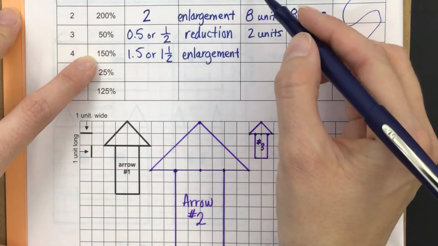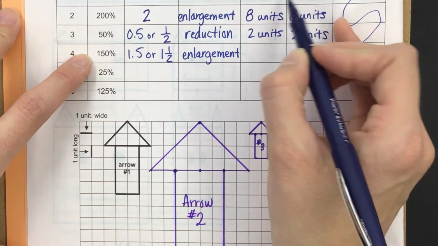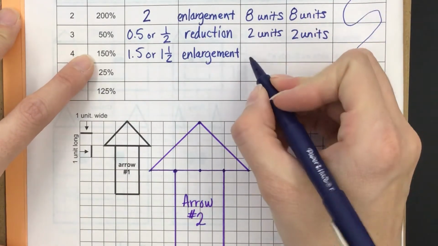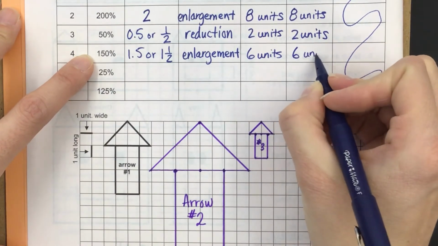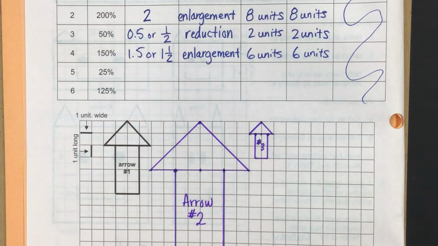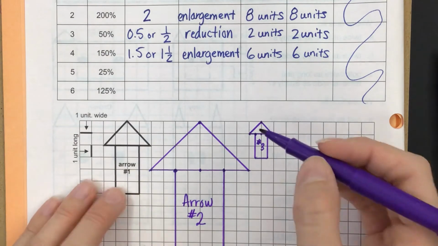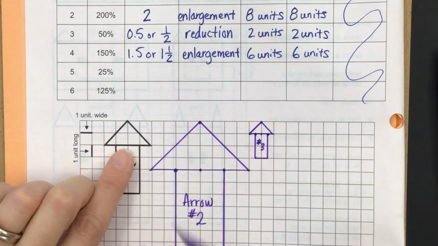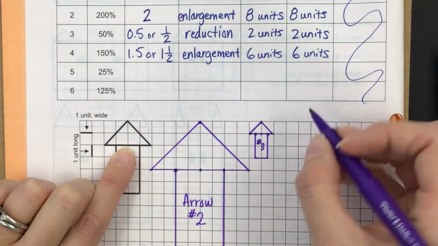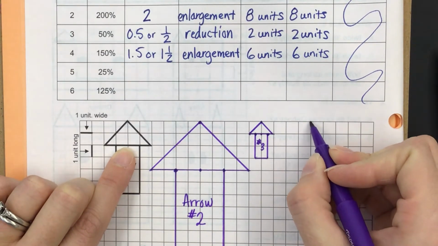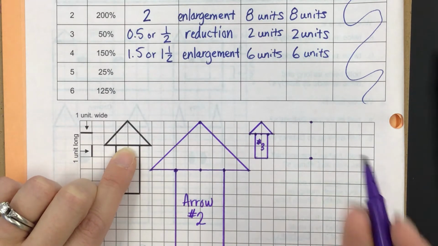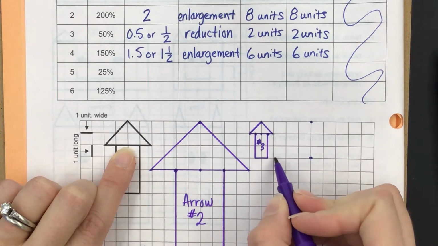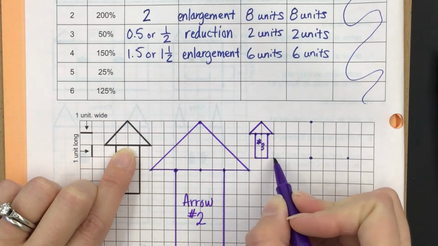The height, so we're basically gonna multiply 4 units by 1.5. So this will be 6 units and 6 units. All right, now remember that you have to consider the other dimensions too, because the height of the triangle here was 2. If we multiply that by 1.5, then the new height of our triangle should be 3, because 2 times 1.5 is 3. And we know the base of our triangle is 6, so I'm going to put my dots there